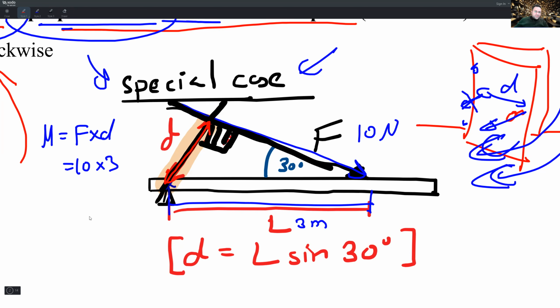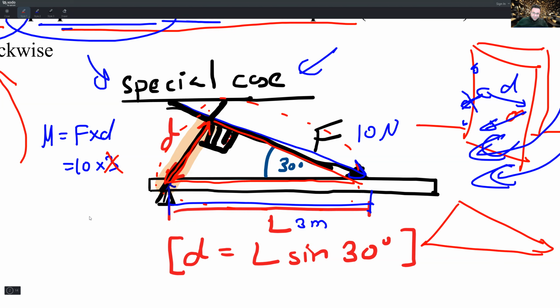So how do I find this distance? Let's continue with the example. We already said it's not 3. So what do I do? To understand the logic around this, we need a little bit of math. If you look closely at this, it should remind you of something from last class. This looks like a what? A right-angled triangle. And the distance you want is here. If this angle is 30 degrees, and this is x, and you have this as 3, if you turn this triangle on its side so you can see it better,